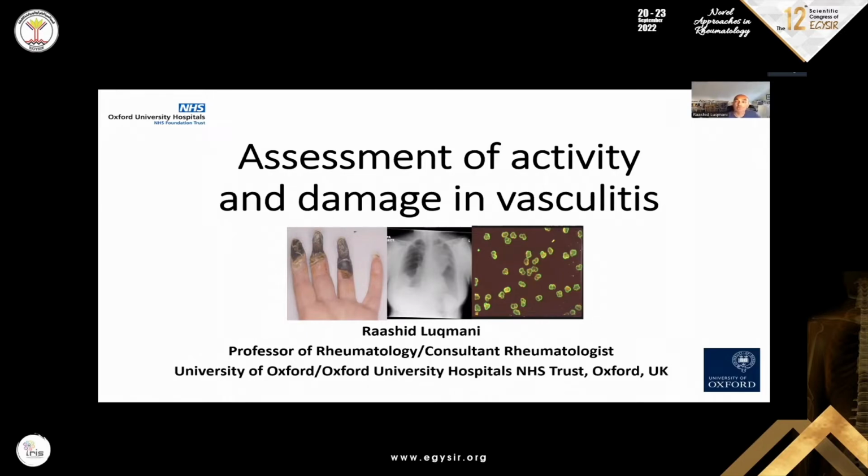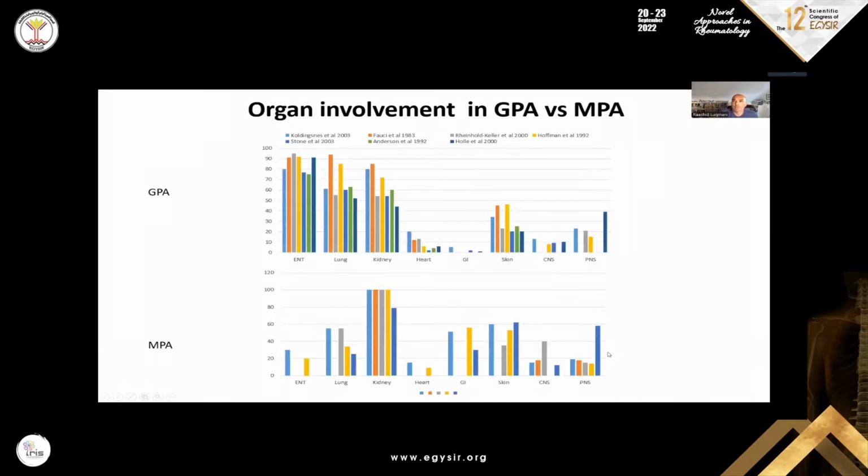The talk I'm going to give you is really focusing on how to best evaluate a really complex set of conditions, primarily focused on the ANCA-associated vascular disease, the anti-neutrophil cytoplasmic antibody-associated vascular disease, typically granulomatosis with polyangiitis or microscopic